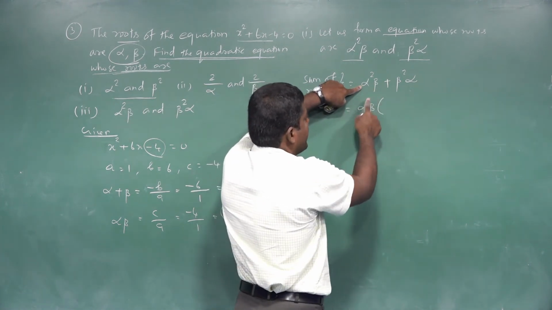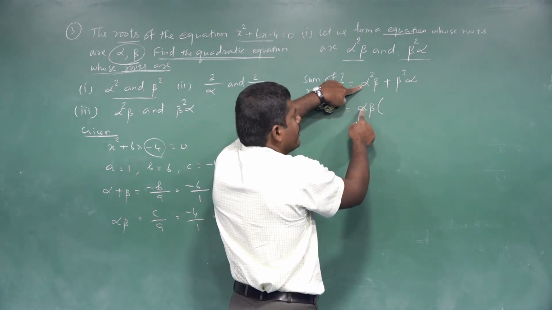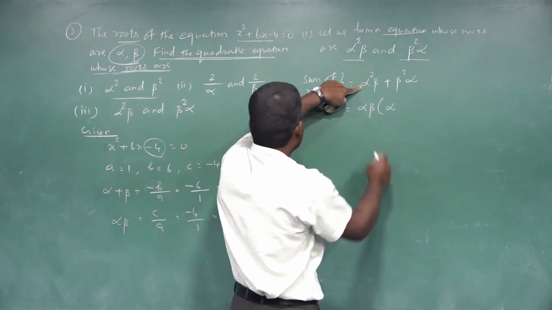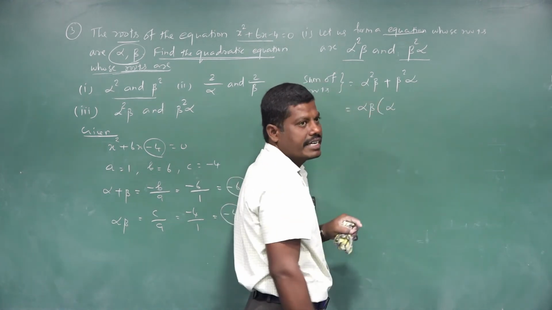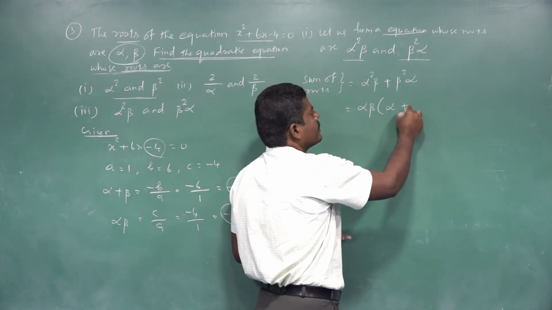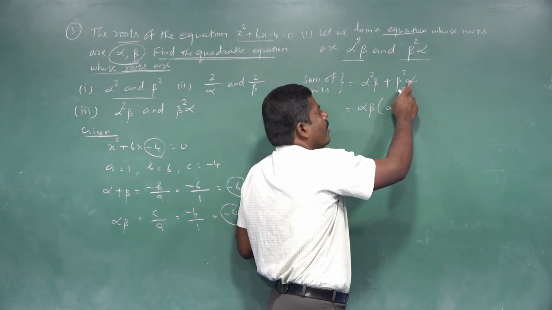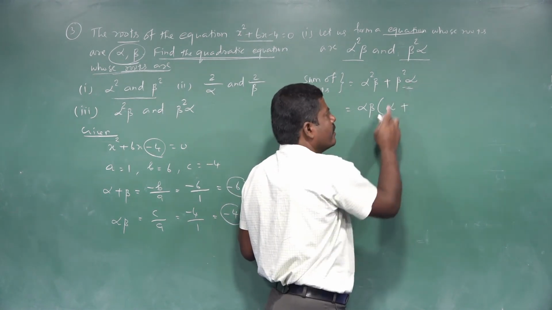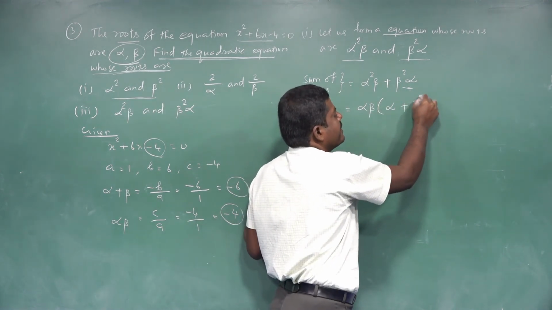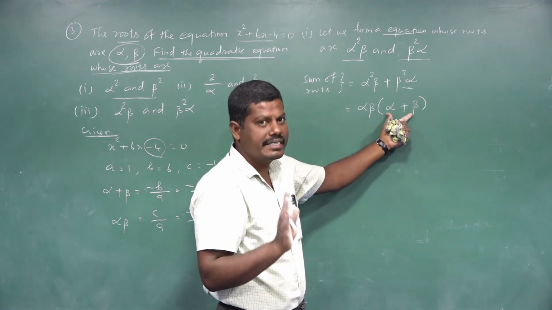In this term, we take alpha outside. Here we have two times alpha, already we took 1 alpha outside, so the remaining is alpha. Here 1 beta is there, already we took it outside, so the remaining term is only alpha. You come to the second term. From this second term, 1 alpha is there, already we took it outside. 2 times beta is there, 1 beta already we took outside, so the remaining is 1 beta. Understand? Remaining alpha plus beta is inside.